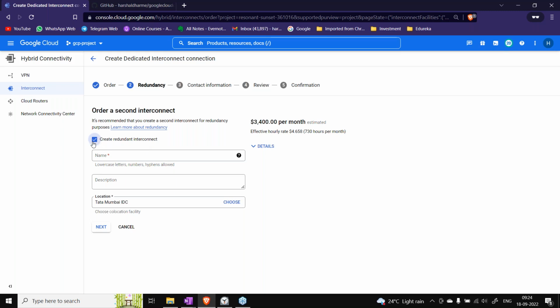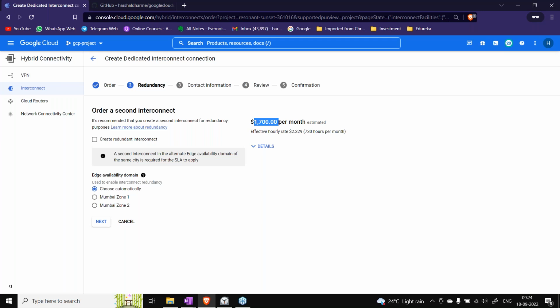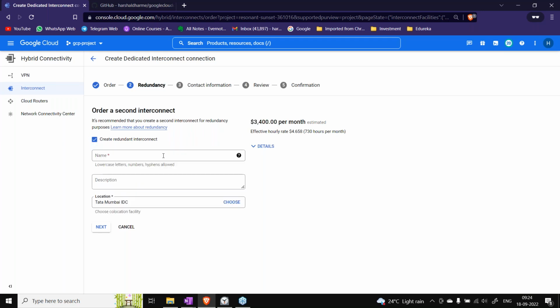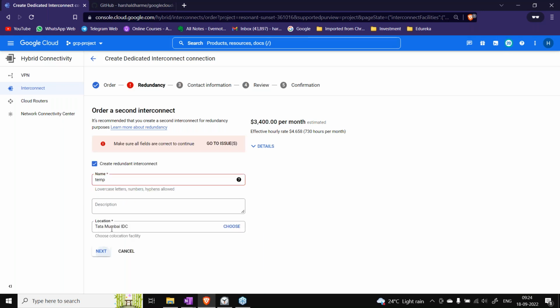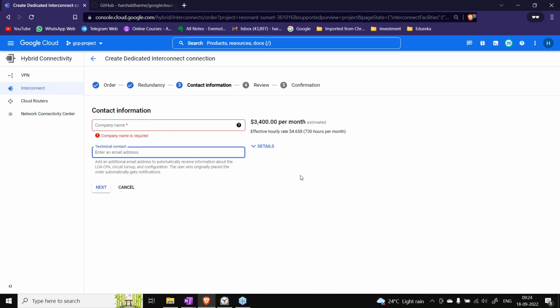If you don't want, I think we can unselect this, and it will be half of the cost. If you select this, it will be double the cost. Again, this will create another one, right? So basically, you can select multiple ones, and then you can go next. Then I need to fill up the company details, some contacts from my company.